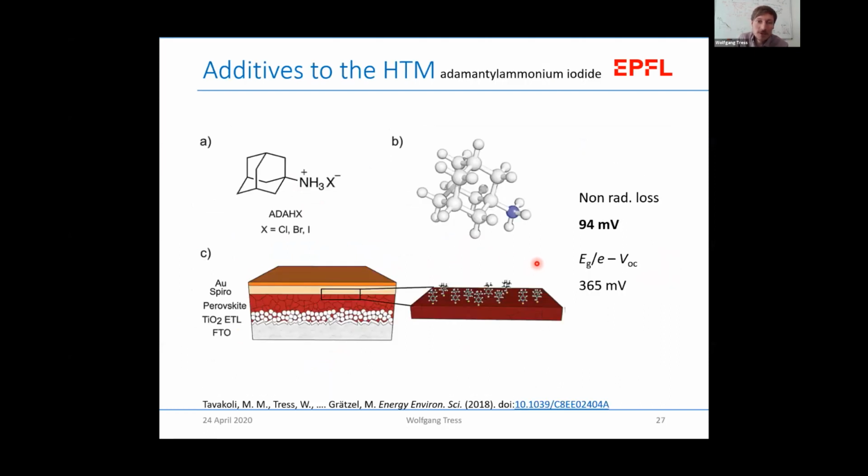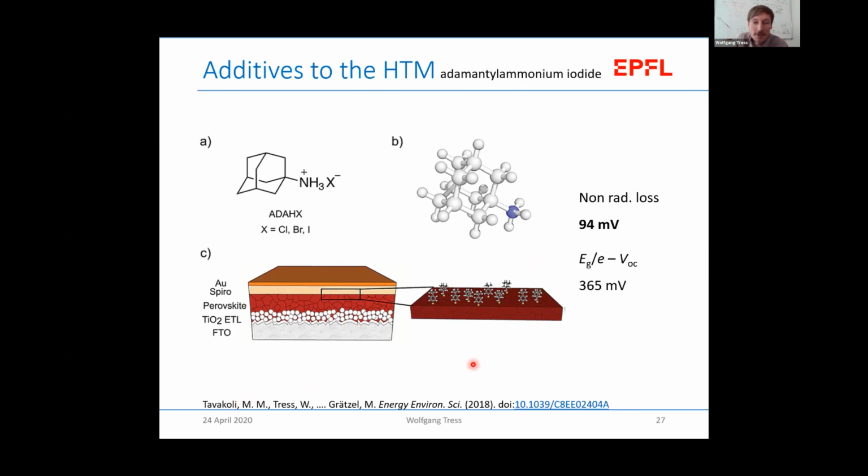So the question is, when I was saying that this surface recombination might be a problem, whether one can try to avoid it. And there is lots of research now going in this direction, trying to passivate the defects, trying to put interlayers in between the perovskite and the hole transport layer material to avoid this kind of interfacial recombination. And here at EPFL,